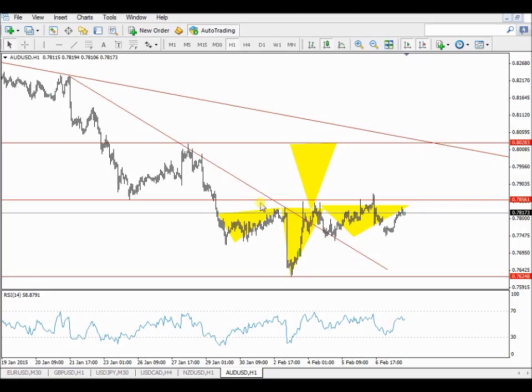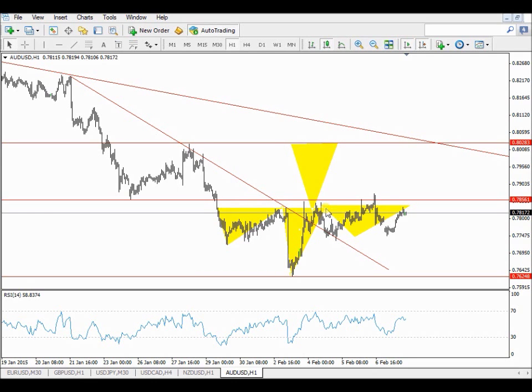There's one thing about the head and shoulder pattern that I will show you in the next video. The risk reward is 1-to-1. In other words, if you risk $1, your reward will only be $1. If you risk 50 pips, then your reward will be 50 pips. It's not a pattern in the market with a very good risk reward, but it's a pattern that will work 90% of the time if you stick to the rules.